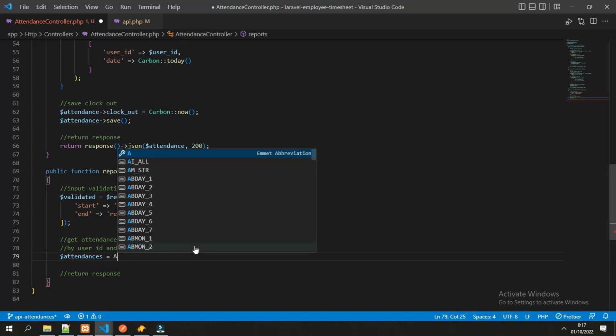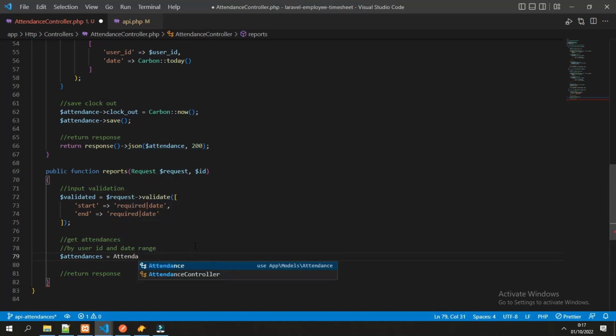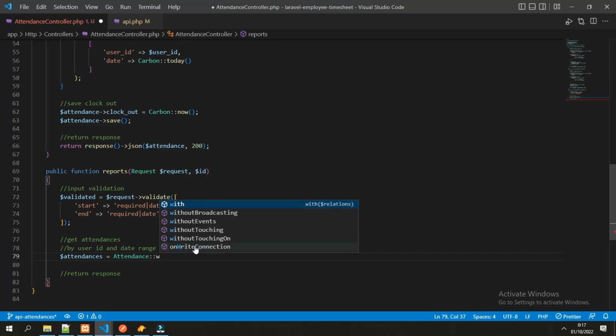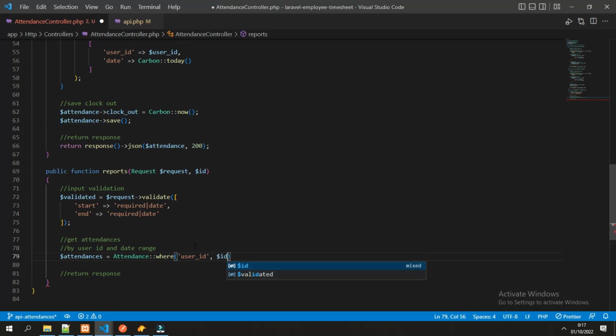For the query we use the attendance class helper and write the where clause in here, where user ID equal to ID from here. This is the first where clause, and the next where clause is we are using the where between.